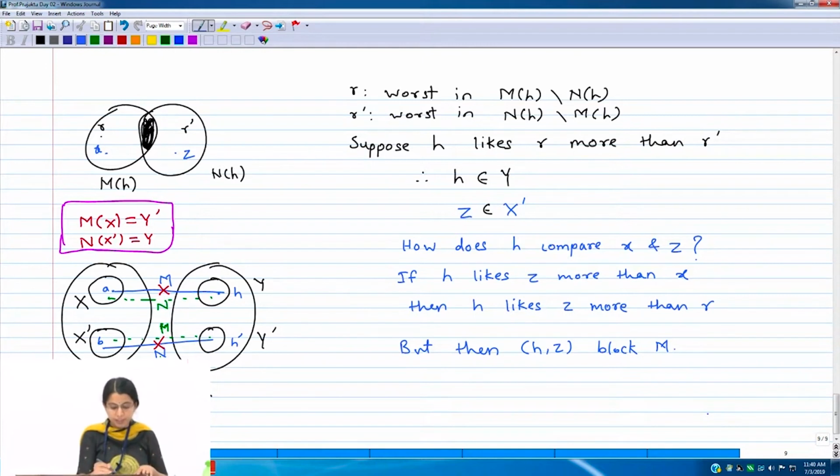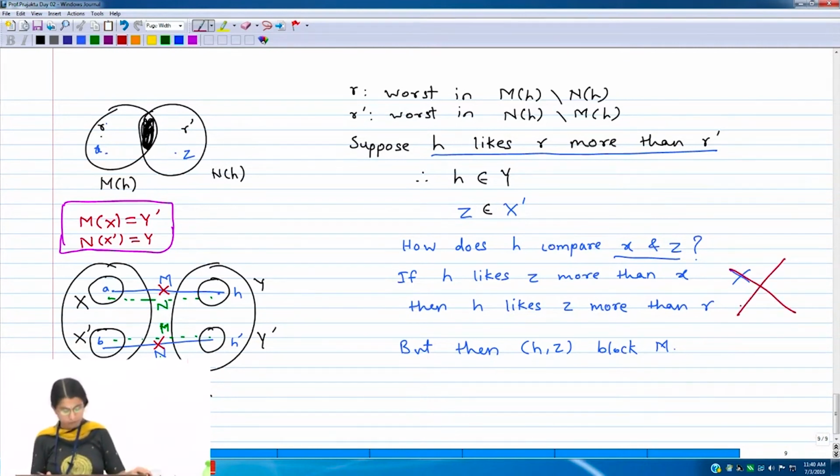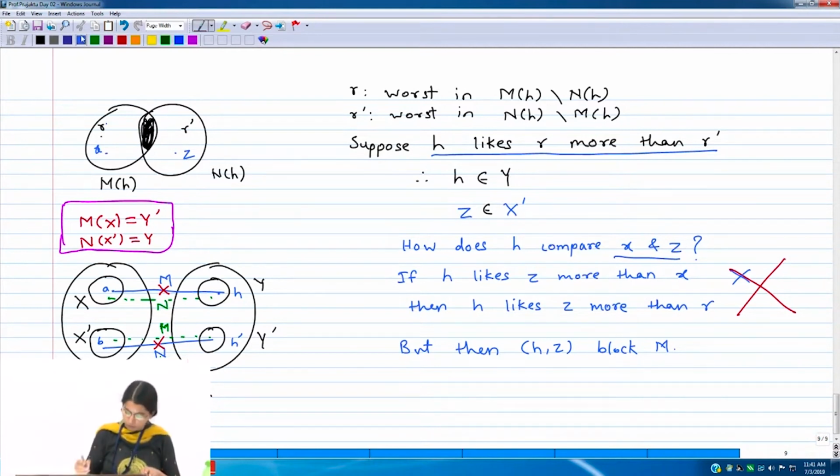Right? So if H likes the worst resident in M over the worst resident in N, it has to like every resident in M over every resident in N. Right? So we started with the assumption that H likes R more than R prime. Then we showed that for any X and Z, H cannot like Z more than X. So this thing is ruled out. So H likes R over R prime where they are the worst ones